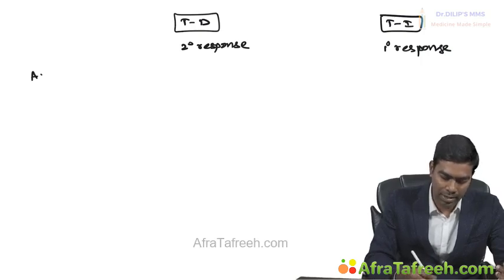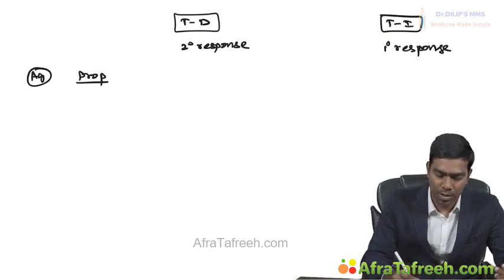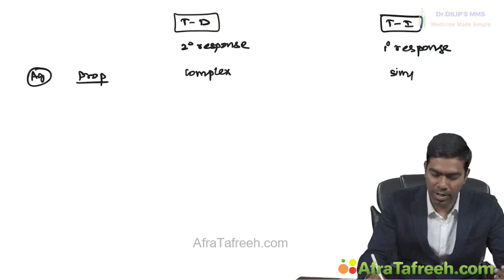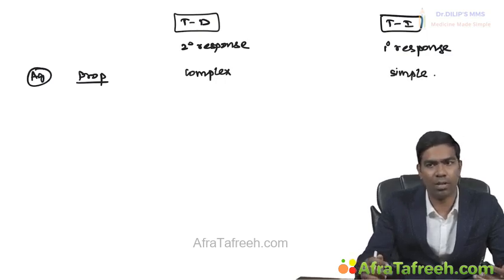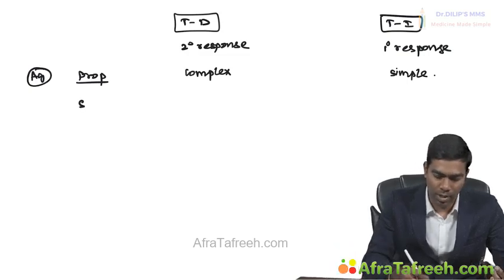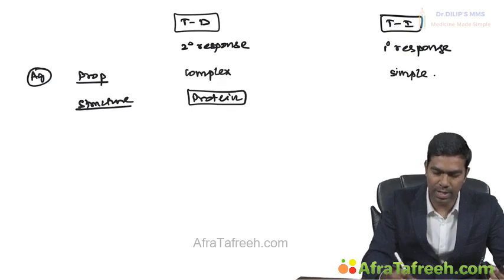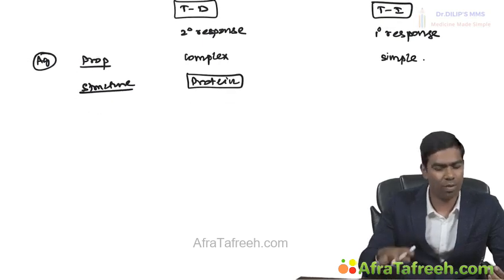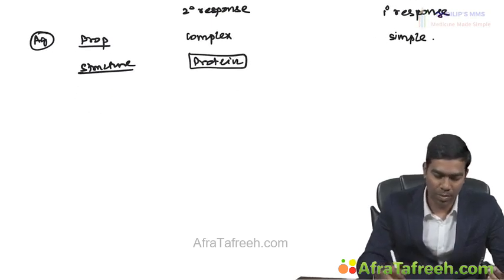So then what are the antigens? If you ask me the properties of the antigen, the properties of antigens in T dependent activation are very complex, whereas in T independent activation it's very simple. Complex antigens can promote T dependent activation, but simple antigens cannot promote this. Then what is the structure? Structure will be more of a protein. That's why I say more protein based antigens. I told you this protein is very important for adaptive immunity. So protein based antigens like